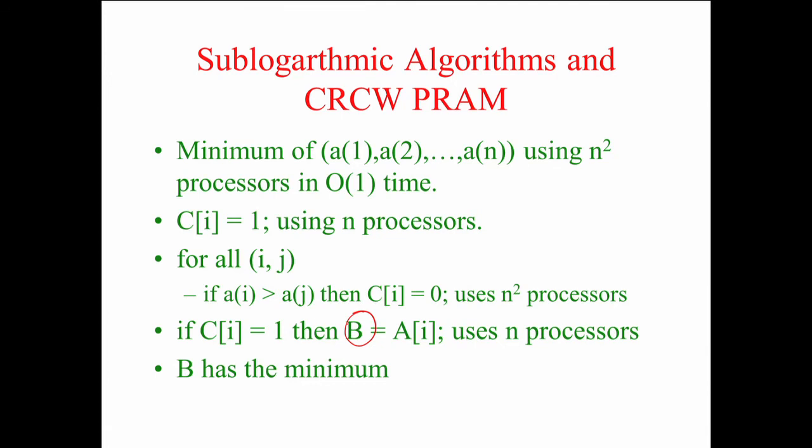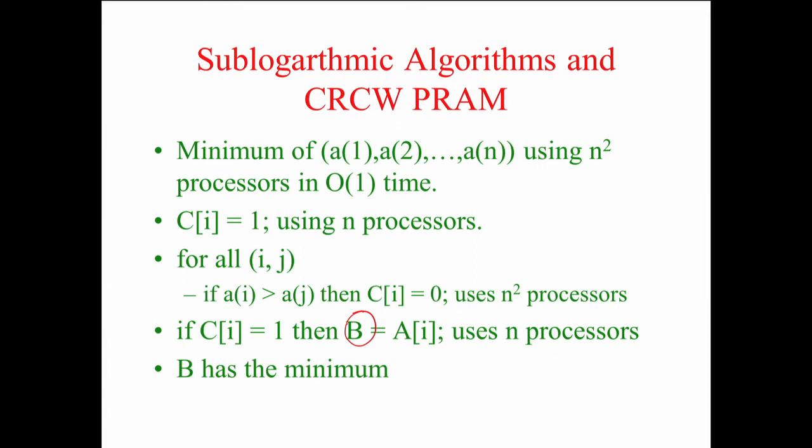Now what you do, if Ci equal to 1, then B equal to i, again it uses n processors, right. And if more than one fellow are the same, then their corresponding Ci will be 1. So each of these processors will write into B. B is a common location as you see here. Many processors may write, but all of them will carry the same value. If they do not carry the same value, then they would have been set to 0,